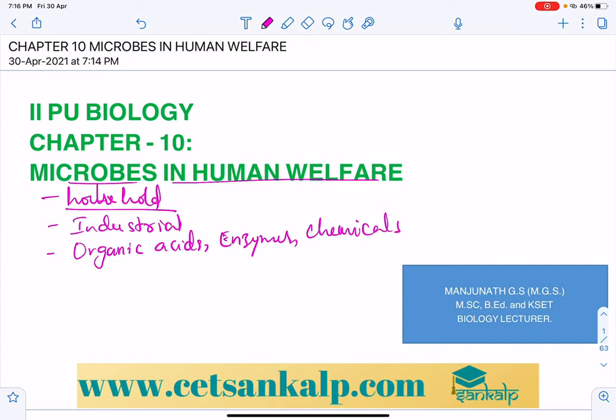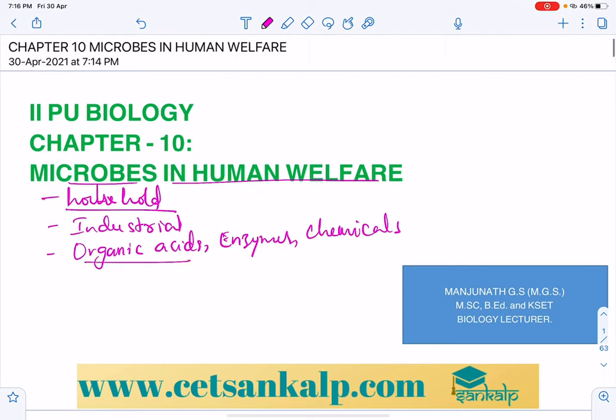These enzymes and organic acids, or you can say some enzymes, will be used to treat some diseases, right? Along with that, microbes are used mainly to obtain organic acids, and they also play a major role in sewage treatment plants. So STPs we're going to discuss in this chapter, and these microbes also act as